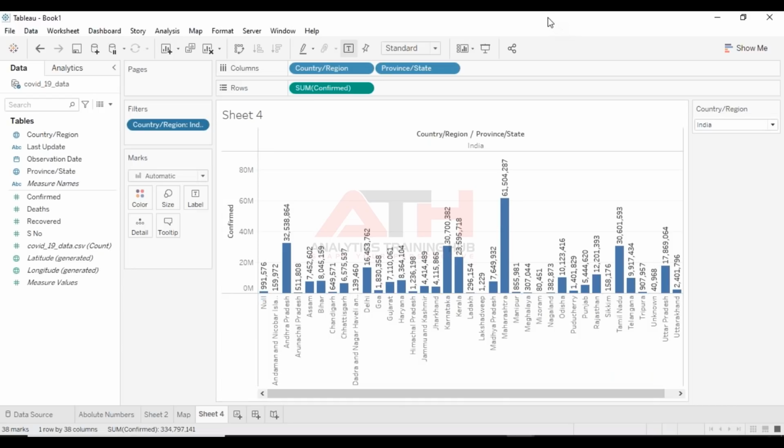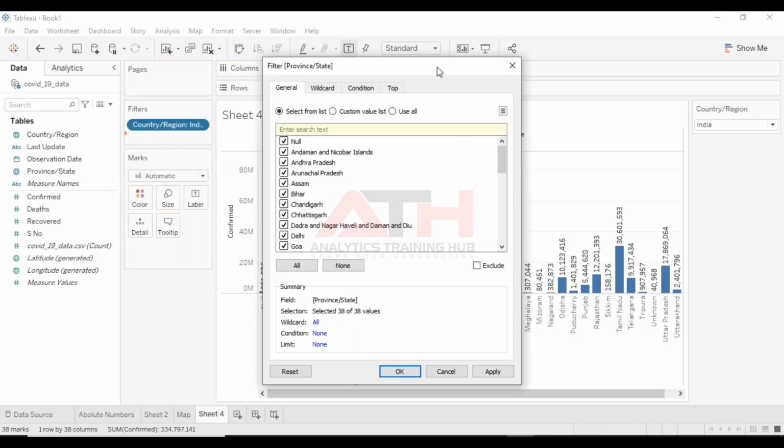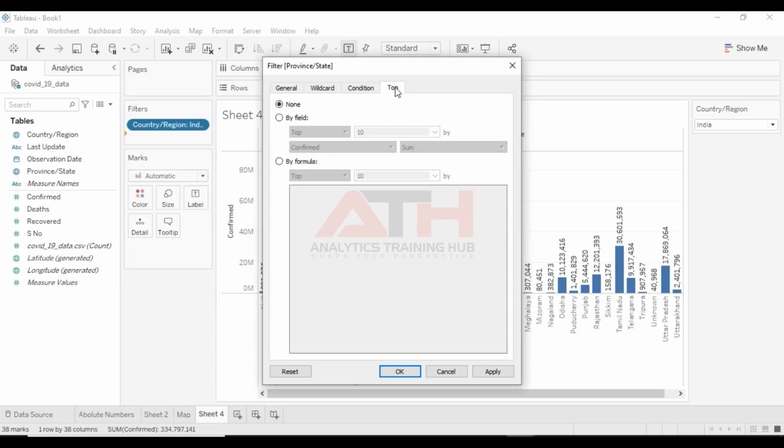But now what I need from a particular country or region is the top 5 states or provinces that have been affected. So how am I going to create it now? This is very important, and I need everyone's attention here because this is a little bit on the higher end. So what I'll do now is place this province as one of the filters in the filter shelf, and instead of selecting all values from here, now what I need is the top value. I remember I told you that we'll be using this top value at the end. So this is something that we'll use now.